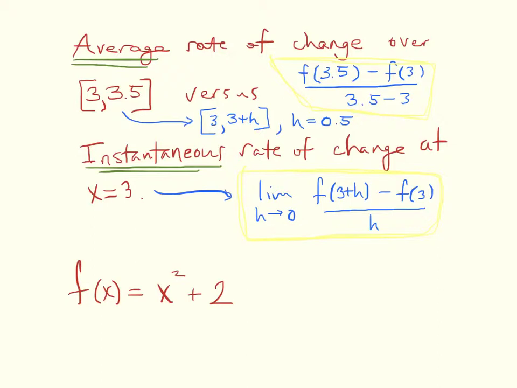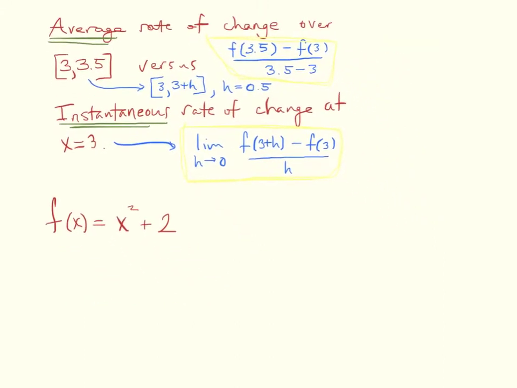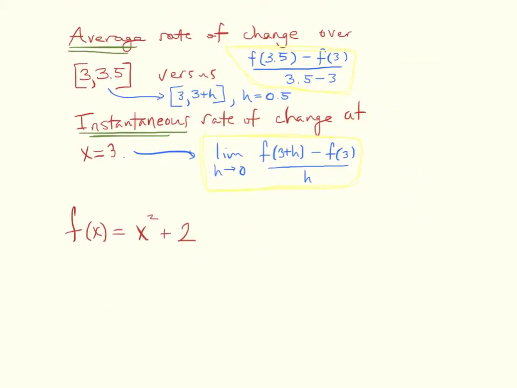Compare that to the average rate of change, where essentially you just plug in the endpoints, but it'll be easier to understand once we actually look at the example. So the function is x squared plus 2. If we're looking at the average rate of change on the interval 3, 3.5, then mentally you could think of it as f of 3 plus 0.5 minus f of